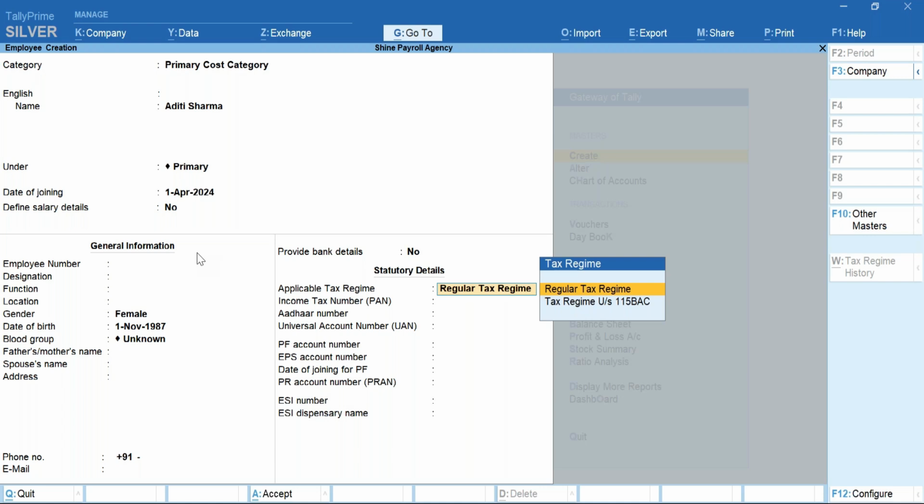So next, the important point is about applicable tax regime. So all of you know that today we do have two different tax regimes. One is old tax regime and the new tax regime. So new tax regime, in case if somebody has opted, accordingly here you can select the tax regime under section 115 BAC. So if they have opted for old tax regime,